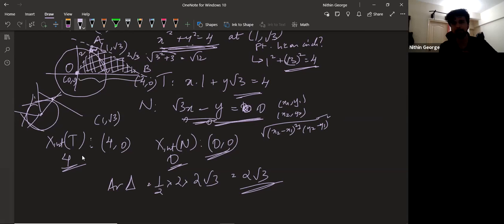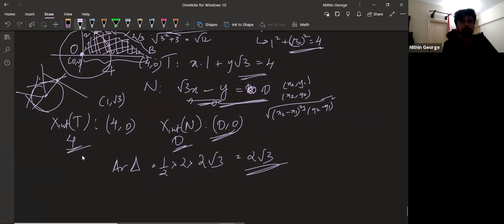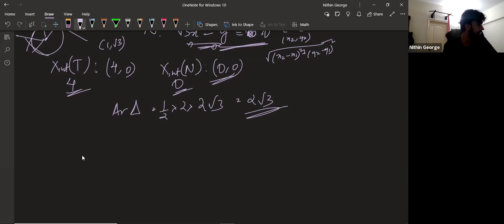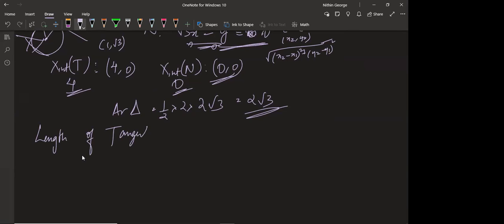And this distance, we didn't need the distance formula because they lie on the x-axis directly. So this will be for this much. We use the distance formula here. So this will be the area. Any doubts here, guys? No, sir. Moving on to the next topic.